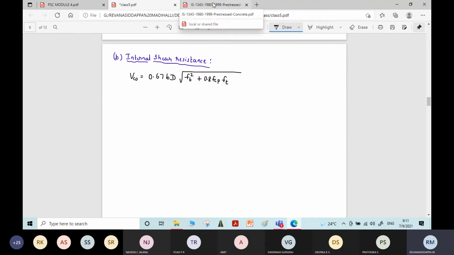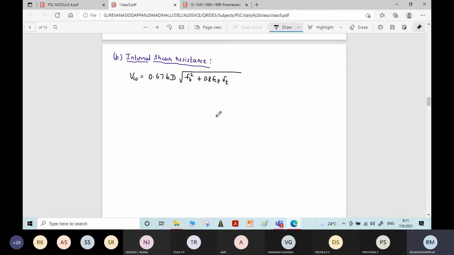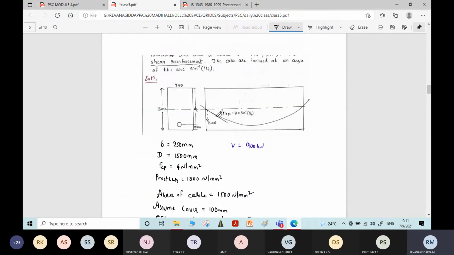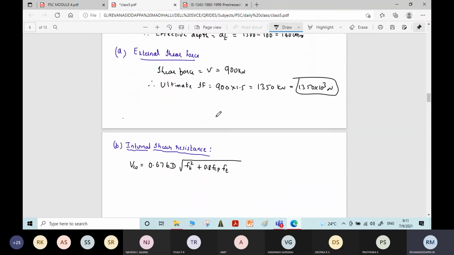And one important thing with respect to this problem: whatever formula is given for ultimate shear resistance, this formula is for straight cables. It is given with respect to straight cables. But in our problem, the cable profile is parabolic. If it is a parabolic cable, then we need to add